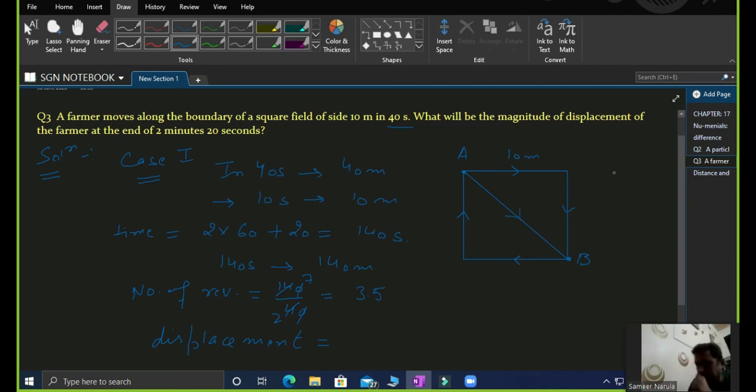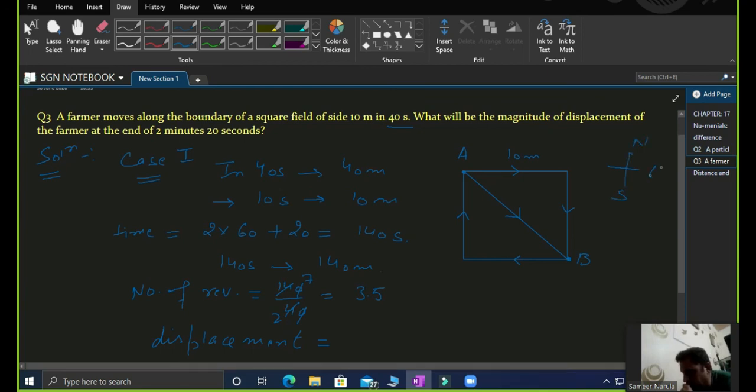We also have a direction chart here. This is north, south, east and west. Now this position is nothing else than southeast. So now displacement is nothing else than the diagonal of it. This is your right angle triangle. In that situation, Pythagoras theorem can be applied. This is the B. For example, you take it C. Now your AB square is equal to your AC square plus your BC square.